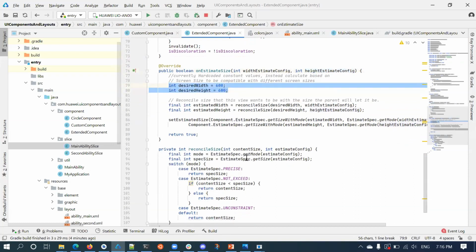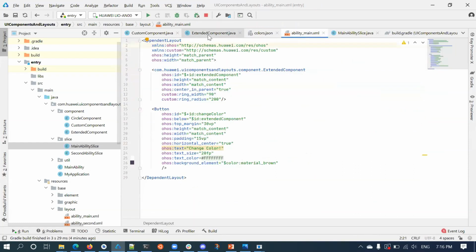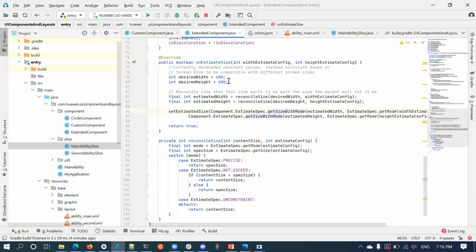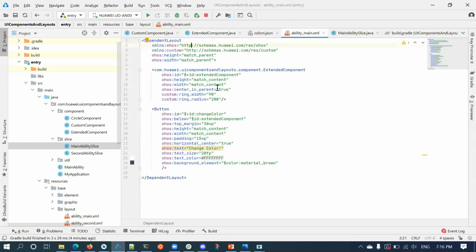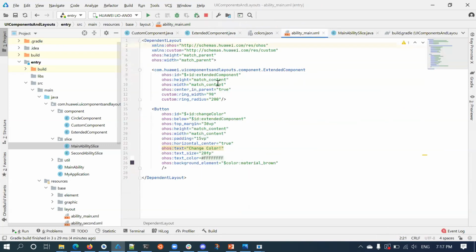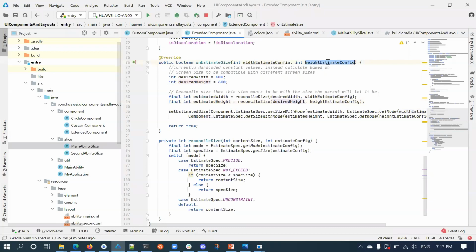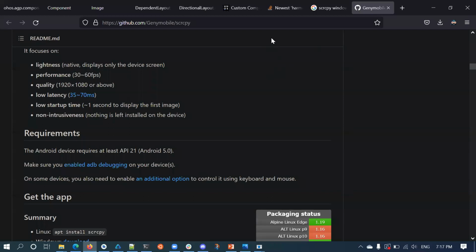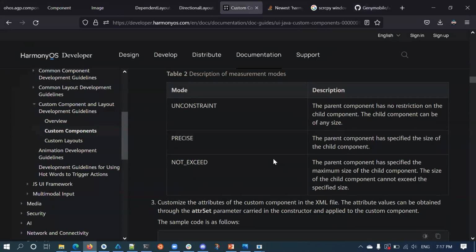So now we have to do some calculations, based on that constraint, whether we can use this width and height. This has to work for all cases, right? If I didn't do this calculation, even if I give a fixed width like 200 or 300, it will take this 600. So based on this constraint, I have to see whether the user has set match content or has given the fixed width. Okay, so this constraint normally has different modes. Actually, there are 2 different parameters that will reside inside that constraint.